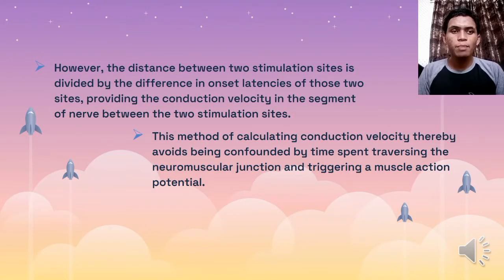However, the distance between two stimulation sites is divided by the difference in onset latencies of the two sites, providing the conduction velocity in the segment of nerve between the two stimulation sites. This method of calculating conduction velocity thereby avoids being confounded by time spent traversing the neuromuscular junction and triggering